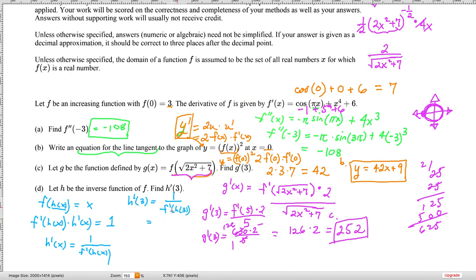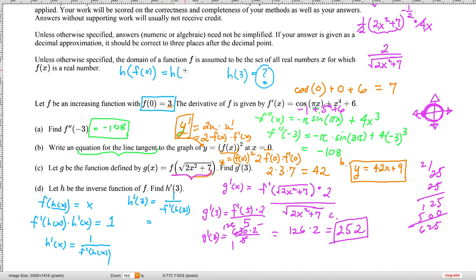And we need to know a value for h of 3. So that's the only other tricky aspect of this. If you look at the information that they give you, you be careful with this. You're looking for h of 3. You want to know what this is. Your goal is to find out what the question mark is. But if you look at this equality here, that actually tells you exactly what h of 3 is going to be. Because if I do h on both sides of this equation,